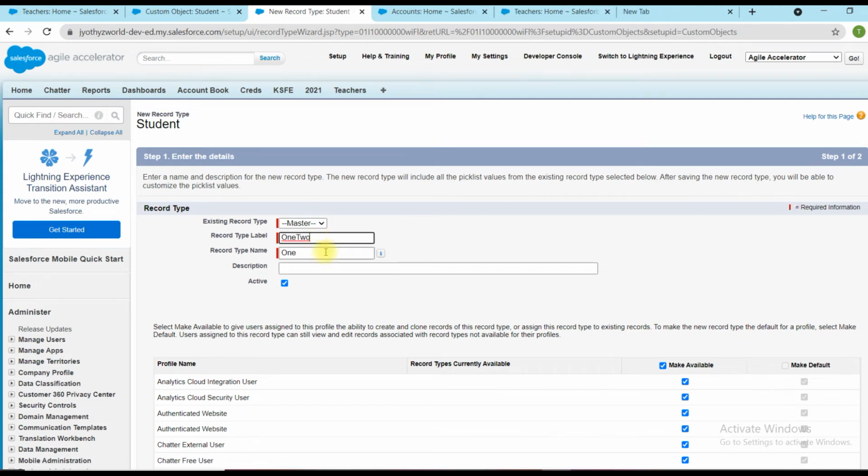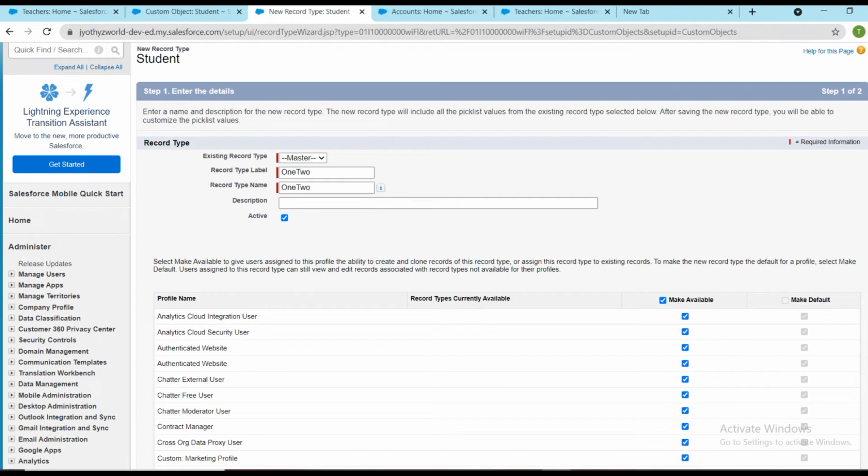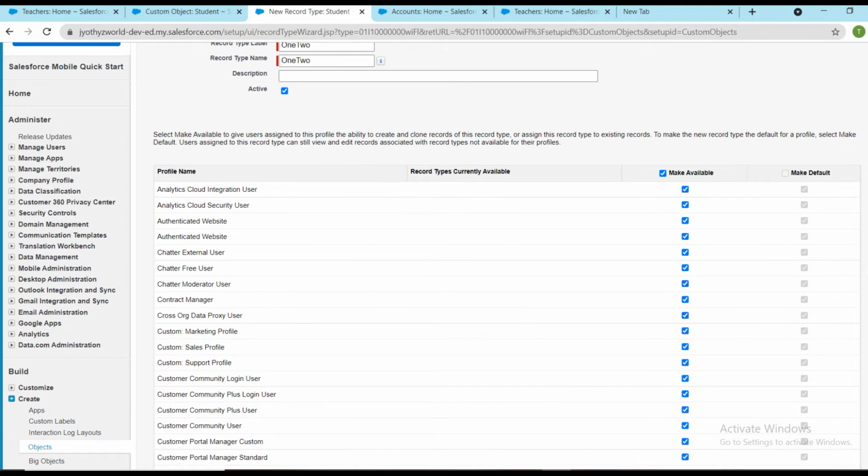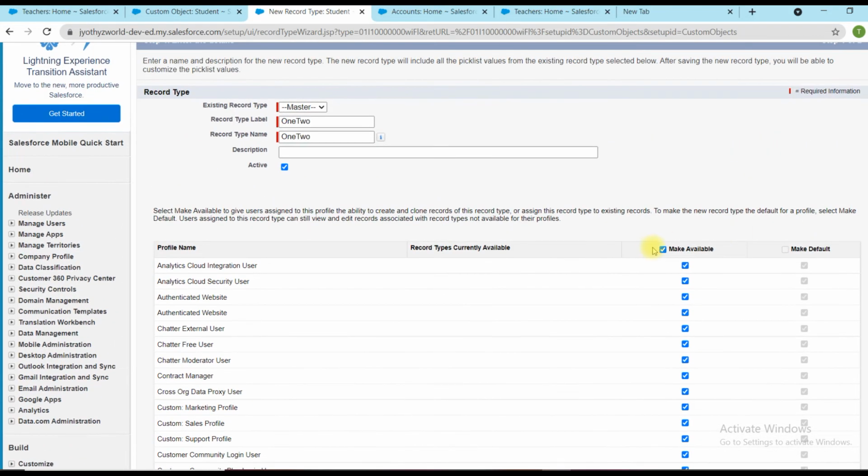Student means we can categorize them, basically like 1, 2. My plan is, for the students where class is 1 and 2, this 1 2 pick list record type should be available, and how to provide a specific page layout. And for the 3 and 4 we need to provide a different page layout. To which users we have to select, then we can restrict here.